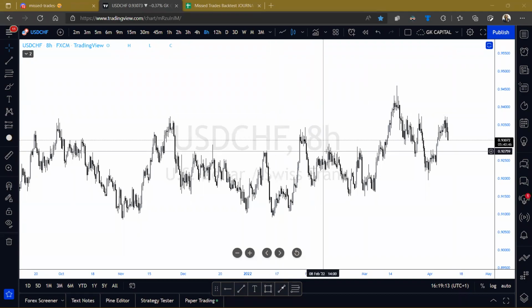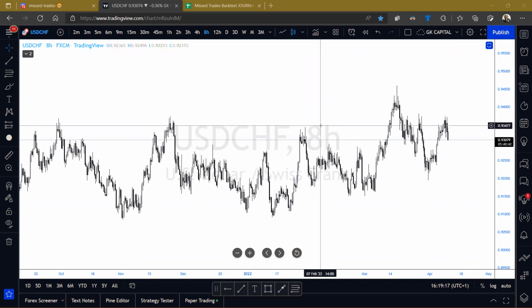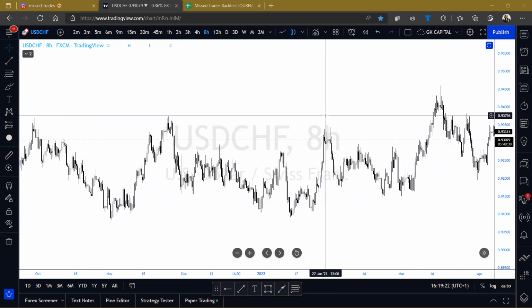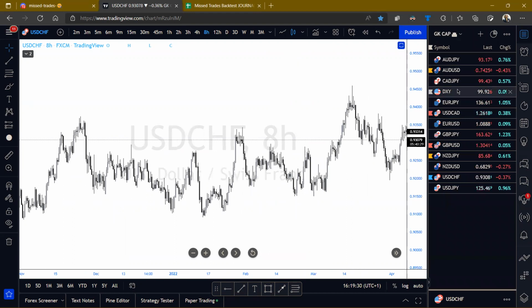Right. This was a missed trade that I'm looking at from last week. Unfortunately, last week was a bit quiet for me, the way that I look at the market. We didn't get any price action coming back into structure. The only thing I tried to get into was GU and EU, which I've